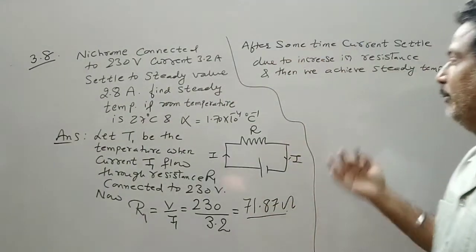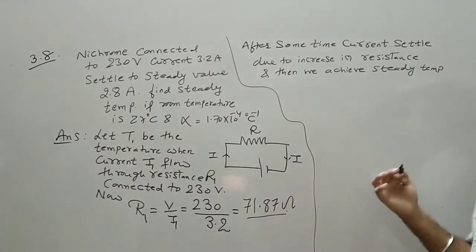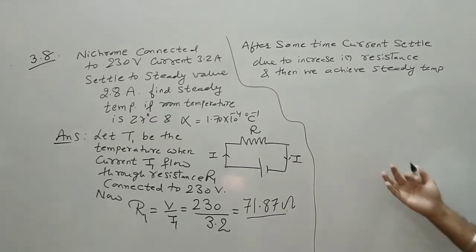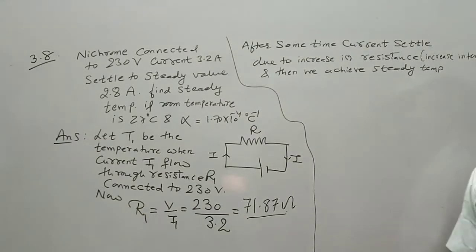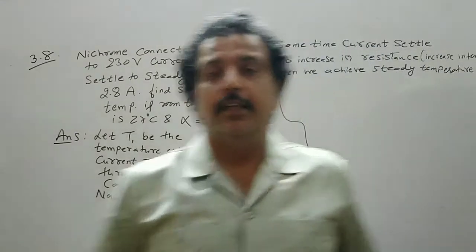After some time current settled due to increase in resistance, and this increase in resistance is also due to increase in temperature, and then we achieve steady temperature, steady current, everything in the circuit